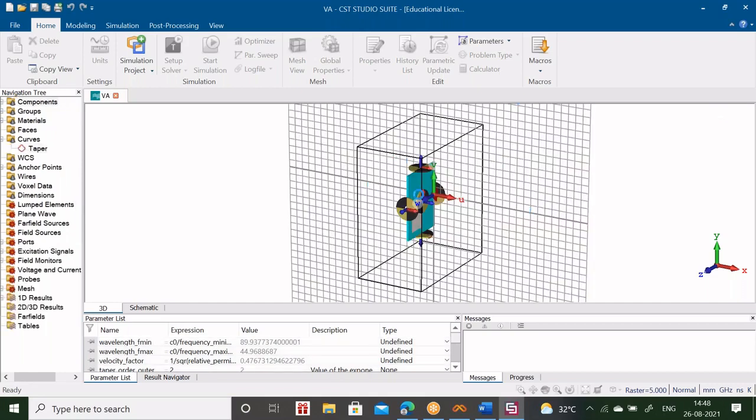Yeah, you can see this model is exported to CST. Okay. If you want to tilt this, if you want to see front side, back side, top side, bottom side, all those things you can see from CST Microwave Studio. The facility is loading.